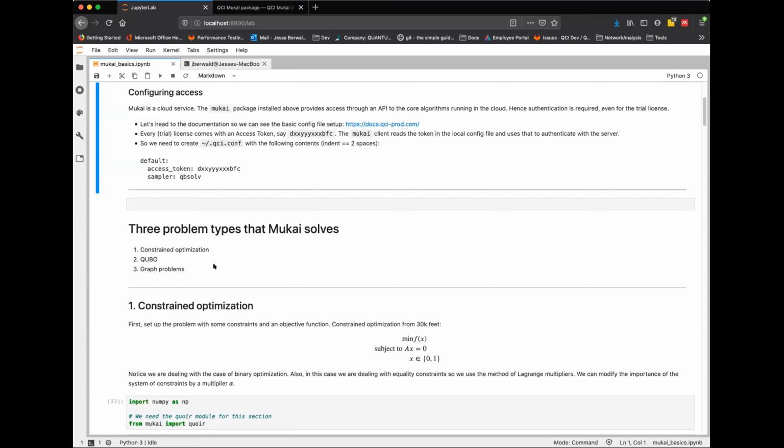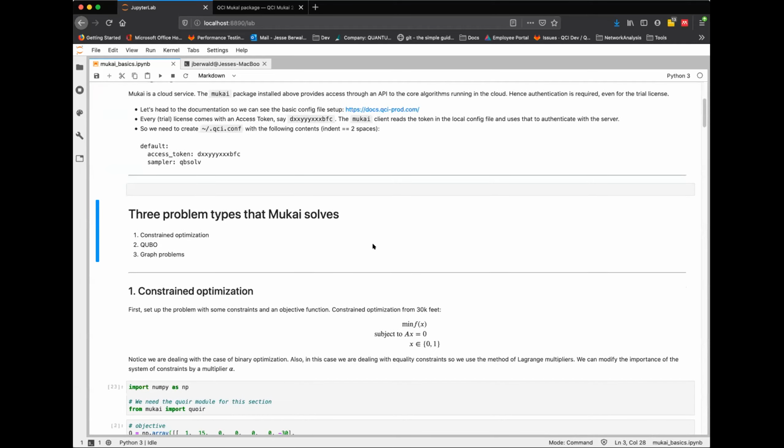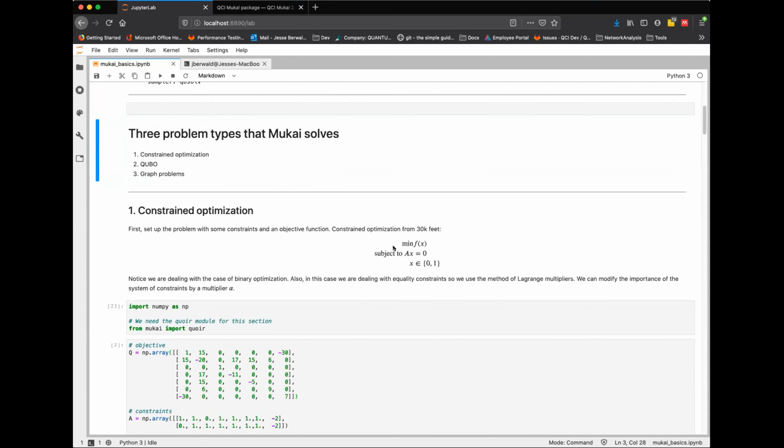And then there are graph problems, which on the back end can be converted to constrained optimization, but you can send in a NetworkX graph, which is a nice convenience, I'd say. There are many network problems out there, like a traveling salesman problem or something, that can be essentially formulated as a graph and then converted over to a constrained optimization problem.